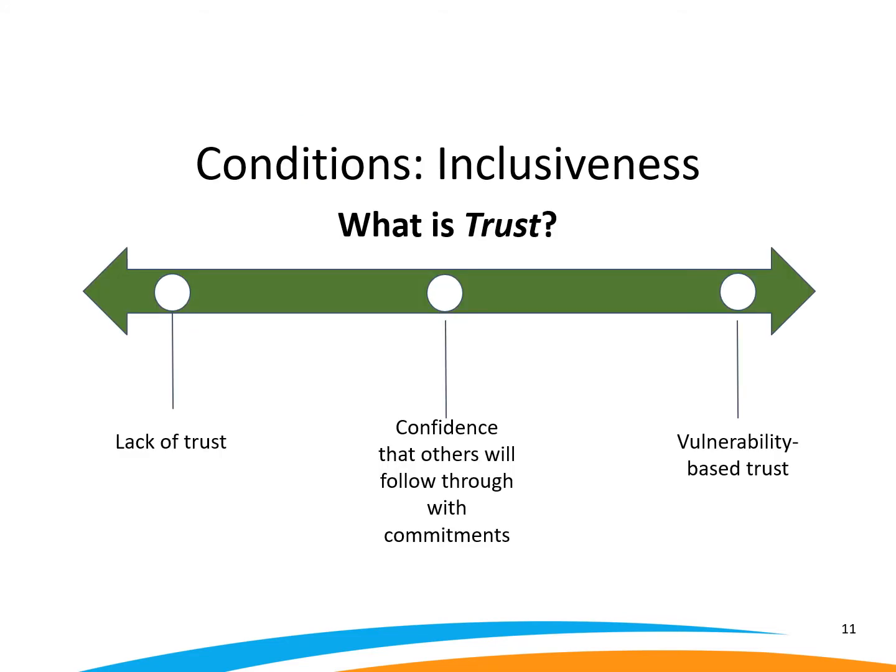When we dug into the first condition, inclusiveness, we looked at really defining trust, because inclusiveness based on trust and respect means that we have to look at both of these. We looked at Pat Lencioni's work in The 5 Dysfunctions of a Team when he said members of great teams trust one another on a fundamental emotional level. They are comfortable being vulnerable with one another about their strengths, weaknesses, mistakes, fears, and behaviors. But trust really is a continuum, and we talked about the look-fors that helped us identify that we were moving toward